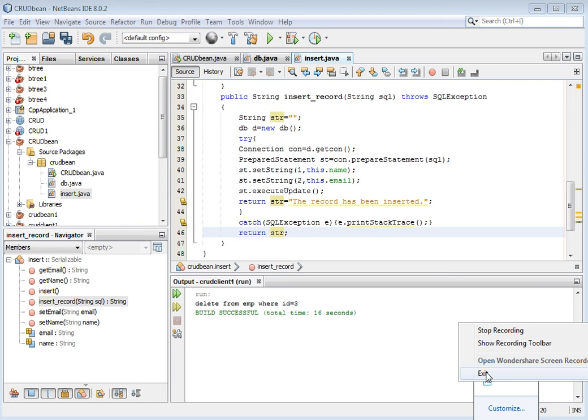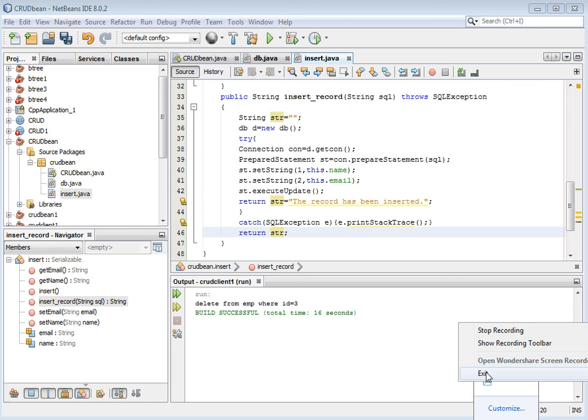Now we write st.executeUpdate. This will execute the query.